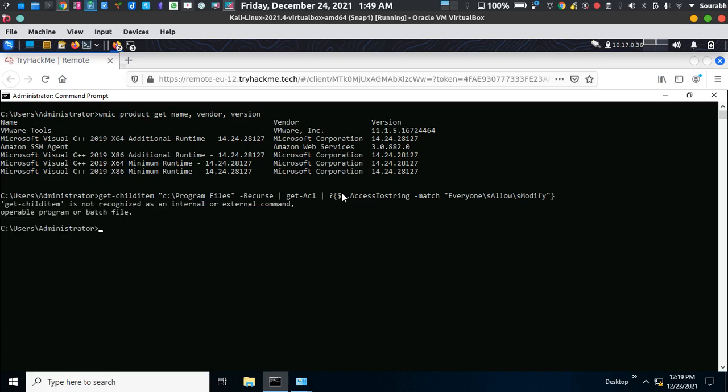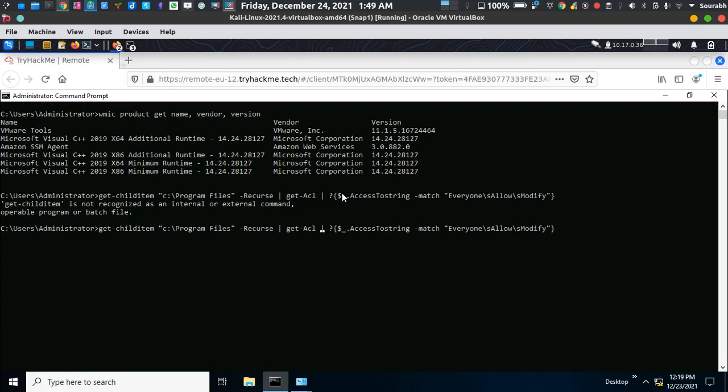Yeah. Okay, so I know I did something wrong because it's a lengthy command. Get-ChildItem, C:\Program Files, Recurse, Get-Acl.